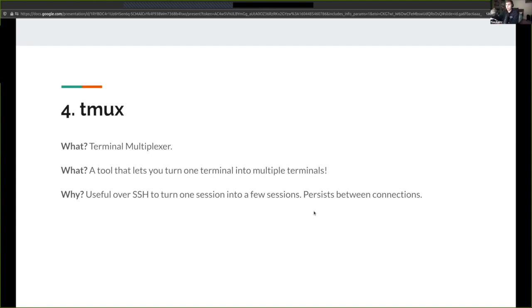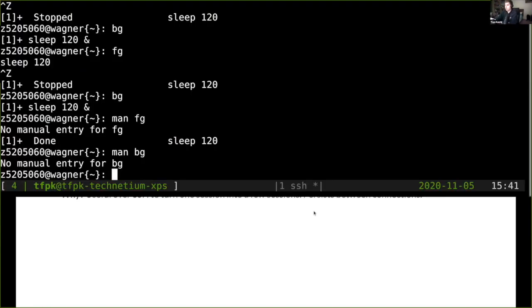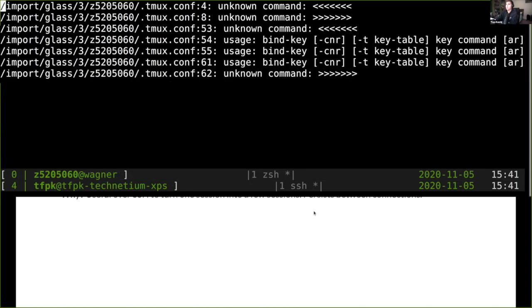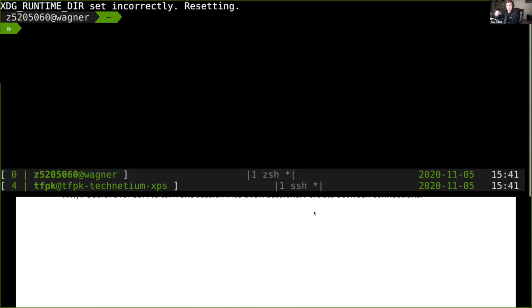As well as that, if you're working on CSE, if I start a tmux session now, so I'm inside a tmux session, which is a bit weird. But if I'm set here, if I now sleep 120, so this is going to run for a while. If I then